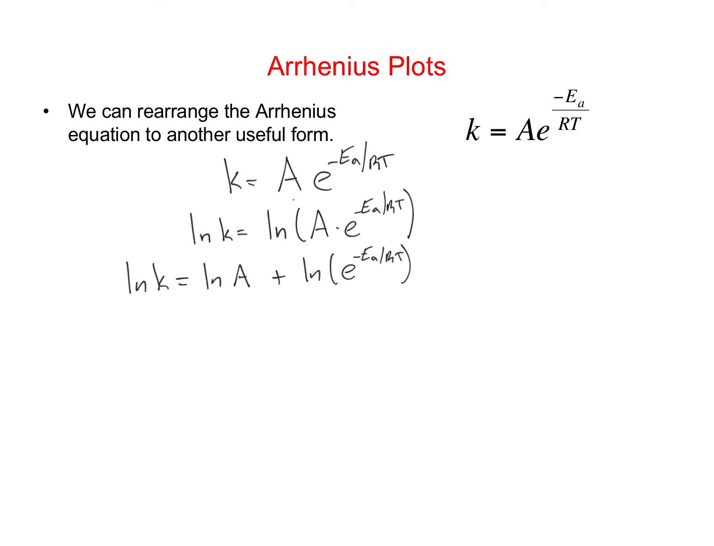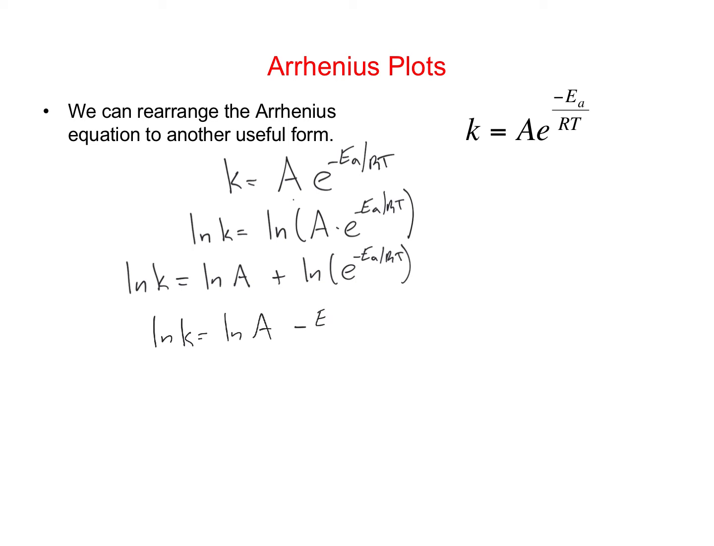All right, and so now the reason we took the natural log of both sides maybe becomes clear. The natural log and the exponential function are inverses of one another. So when I take the natural log of e to the something, effectively the natural log and the e cancel out, and I'm just left with the argument of the exponential. And so this equation becomes the natural log of k is the natural log of A